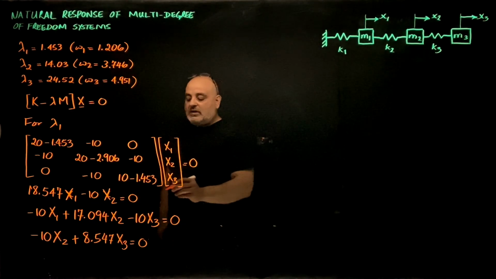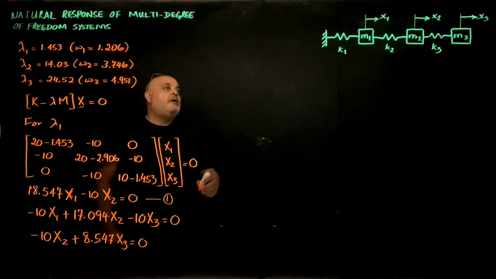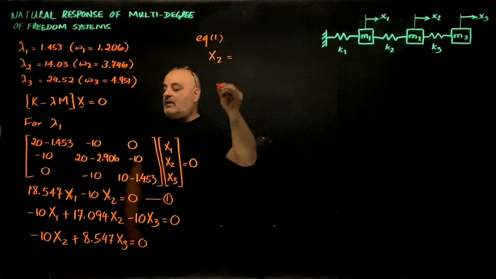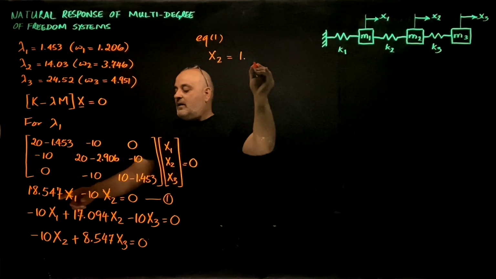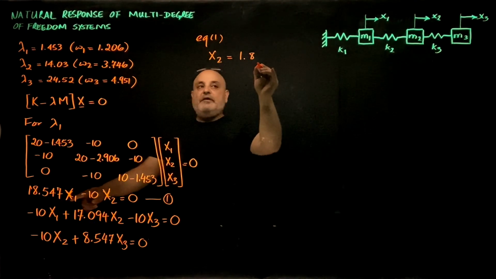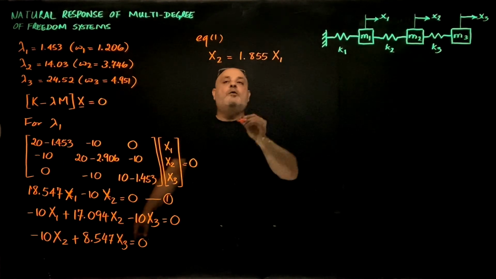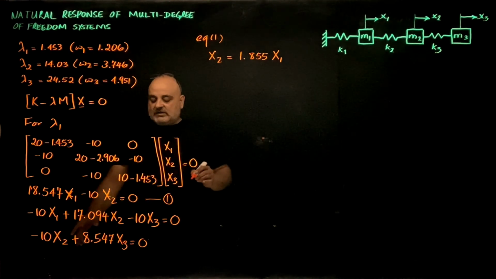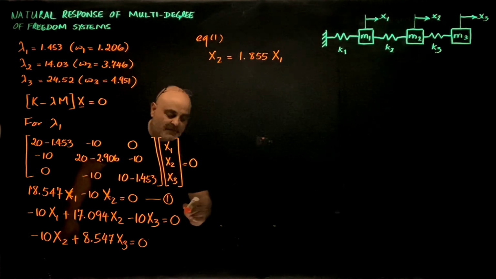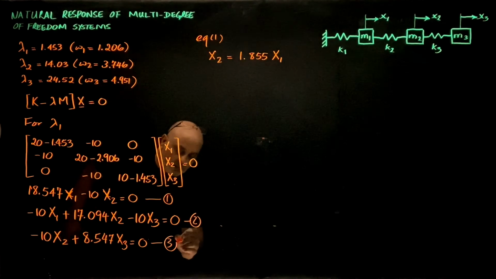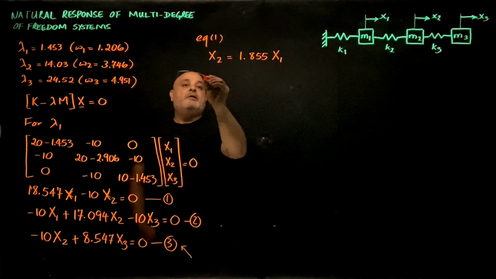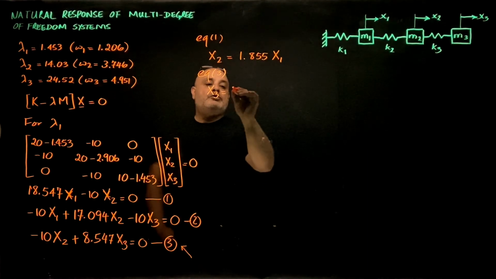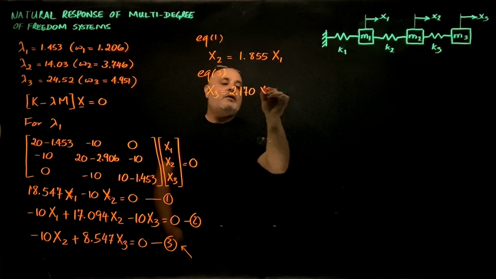So if I start with equation 1, x2 is going to be 1.855 x1, and then I can substitute x2 into equation 3 and solve for x3, which is going to be 2.170 x1,